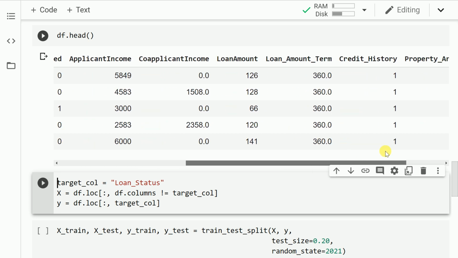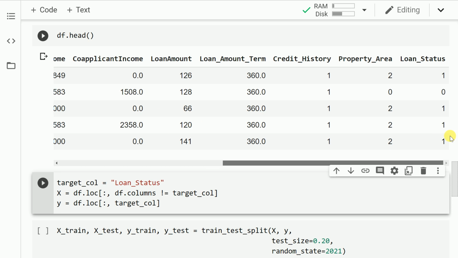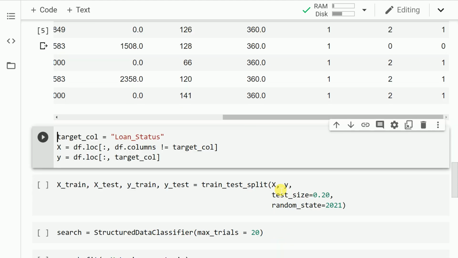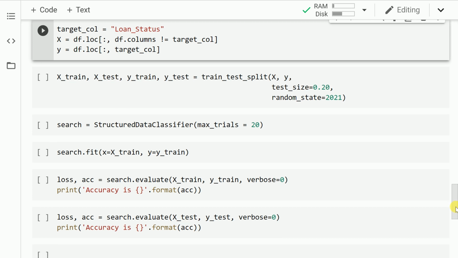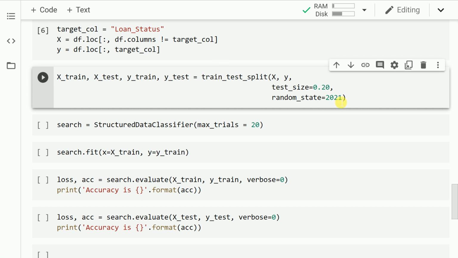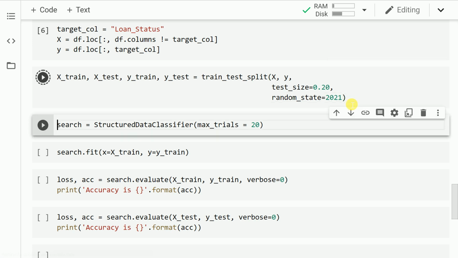So I've kind of abstracted out the entire EDA piece along with the processing piece. And I have my target variable which is loan_status. loan_status has two values 0 and 1, so therefore it is a binary classification problem. The next thing that I do is I split my x and y values, that is x will have feature values, y will have my target values. So let me run this cell. The next thing that I'll also do is I'll split my data set into training and testing. So let me run this cell.